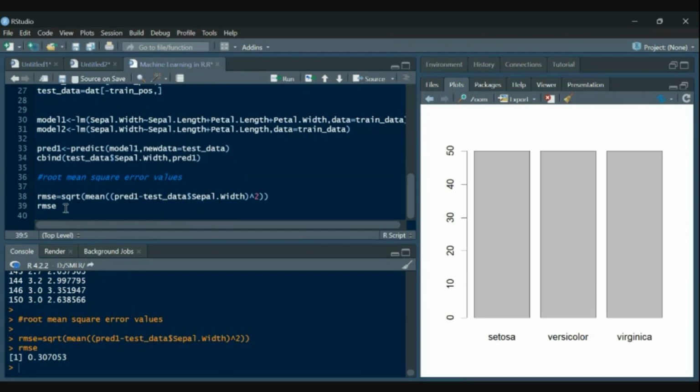Are you getting my point? Just let me know which model is better, this one or the previous one. Less error is a better model.